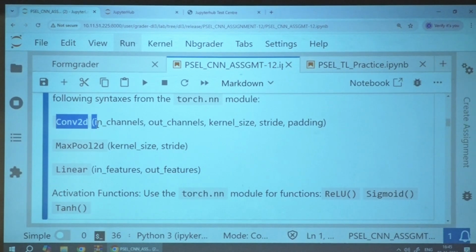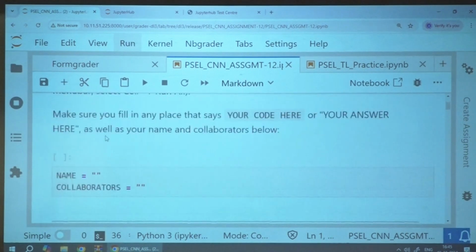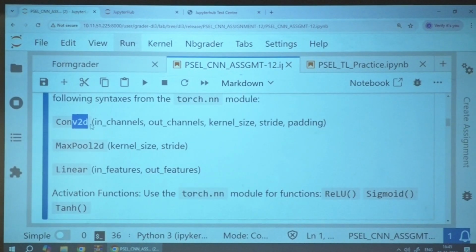Sorry? Forward pass? Write it down. Once you define these layers, given an input, how will you do the forward? With the reference variable self, you already defined these layers in self, and the input is some parameter x, or let it be input. First the convolution is applied. Pass this input to C1, then it would be passed to the ReLU, then to the max pooling, right or wrong?